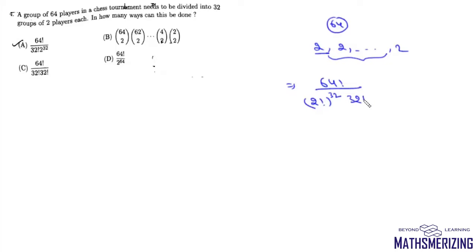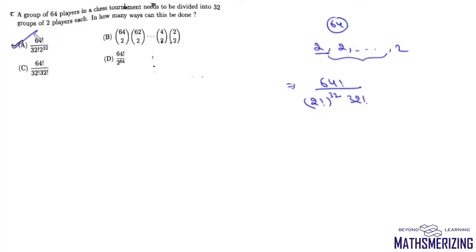Now question number 4 is, we are given 64 players in a chess tournament, and they need to be divided into 32 groups of 2 players each. So it will be 2, 2 and 2, and in all we need 32 groups. Now all these groups are unnamed distribution. So when it is unnamed distribution, we can divide them as factorial 64 upon factorial 2, factorial 2, factorial 2, 32 times, and since it is unnamed group, we need to divide it by factorial 32,